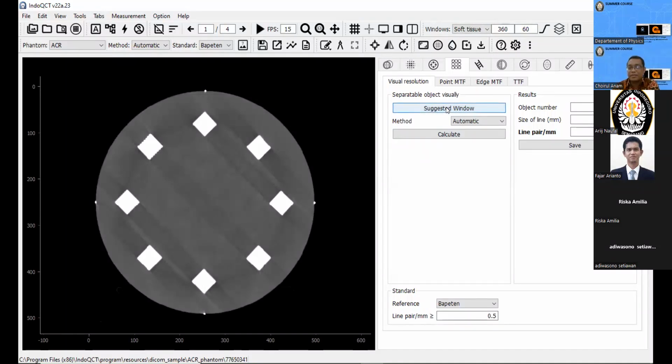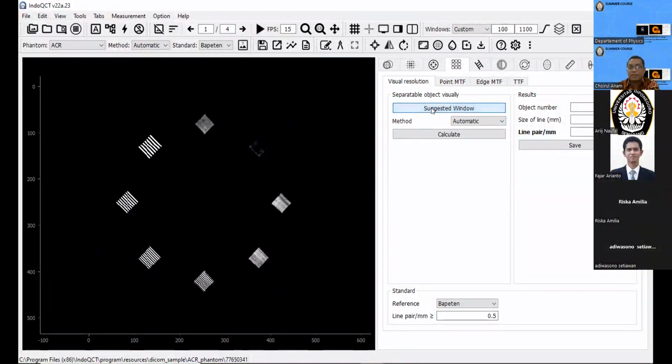Based on the paper, for the RCR phantom, the suggested window level is 100 and window width is about 1,100. This is our result of the line pair phantoms.